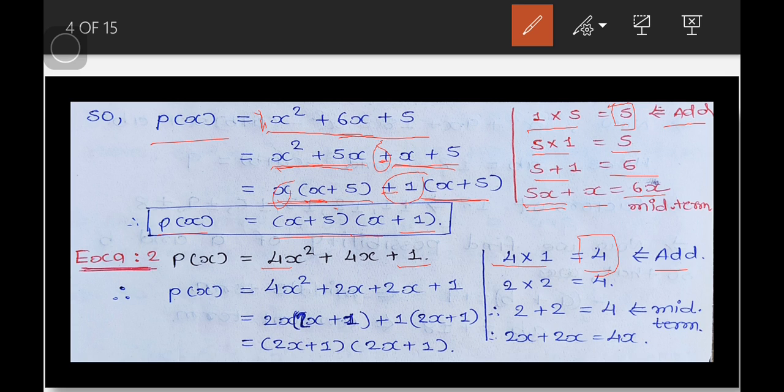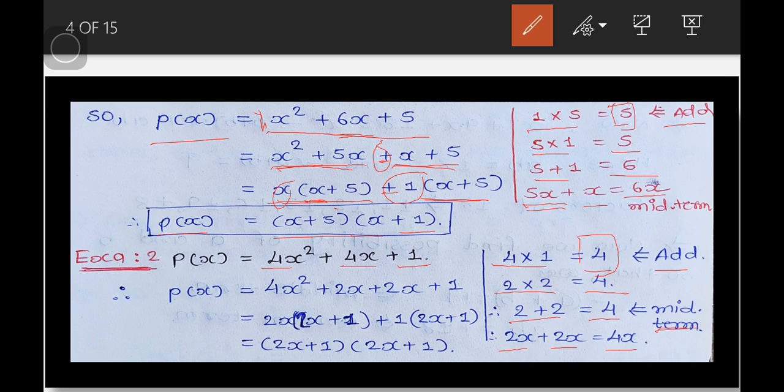Now we reduce 4 into two factors. Here 2 twos are 4, in such a way that we can find the middle term. So 2 times 2 is 4 and 2 plus 2 is equal to 4. Here 4 is positive, so we put plus 2 and plus 2, and we get 4 as the middle term. So now we put x with both factors, 2x plus 2x is equal to 4x, and then we get the middle term. So let me split the middle term.